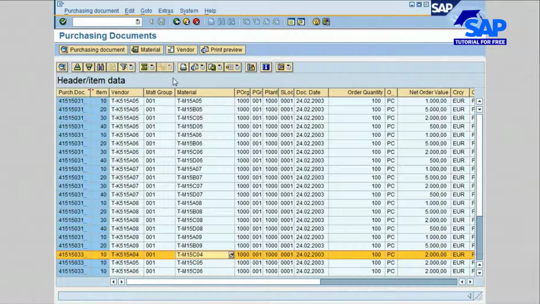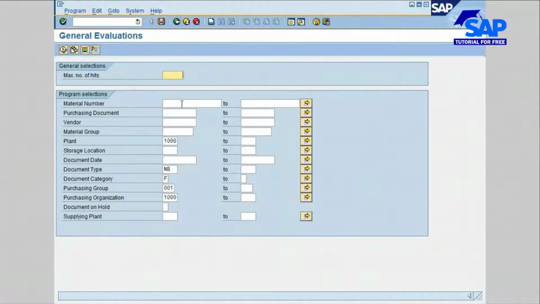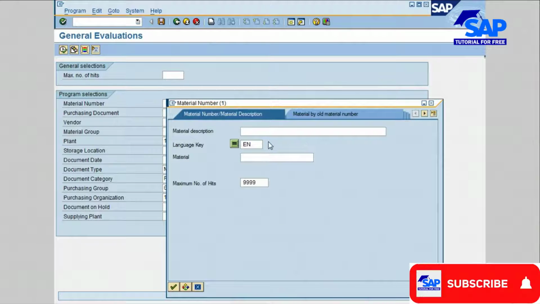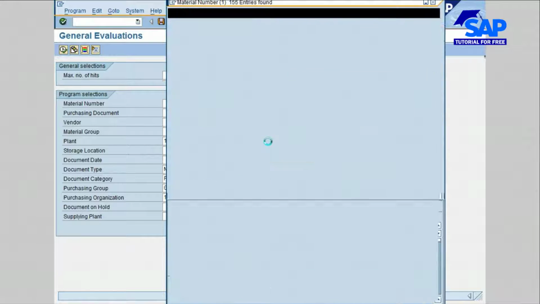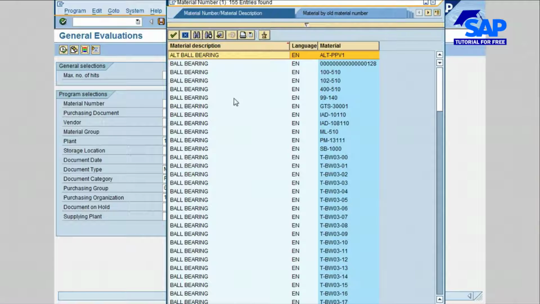How about limiting this report to a specific selection like material number or vendor number to narrow the list? So let's click on the back icon. Go ahead now and click on the material number field, click on the search icon. Let's enter bear for bearing, press the enter key, and then go ahead and choose the